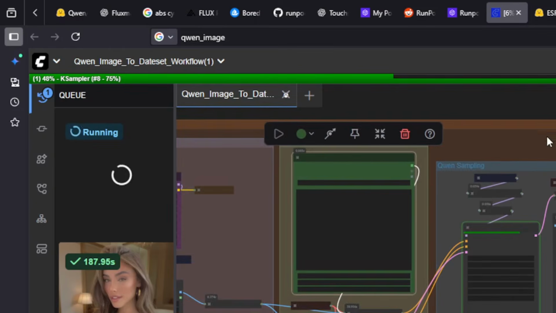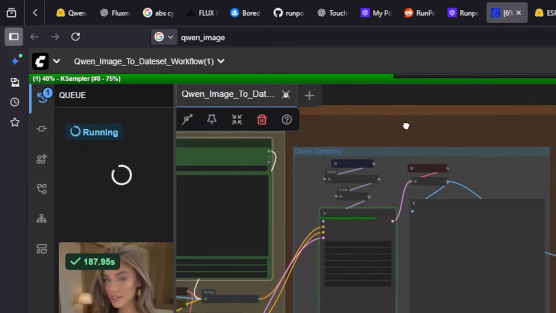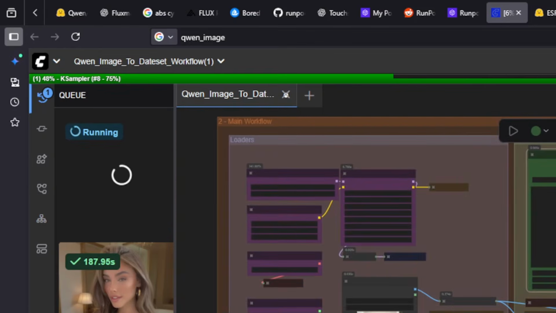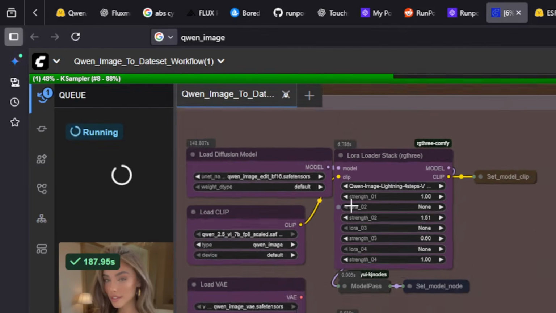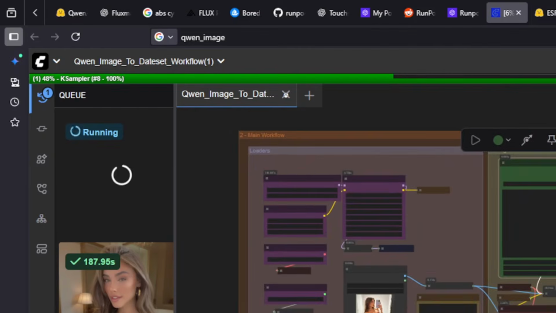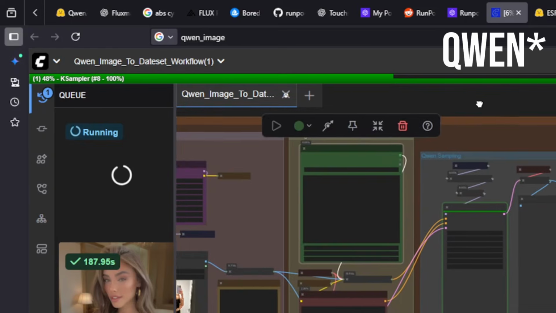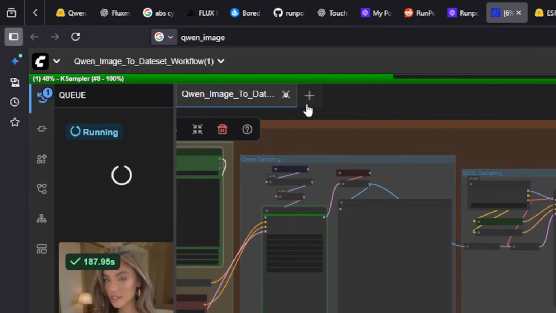Like I said, this thing is so great. Qwen Image Edit has really changed the game. I want to give so much props to Qwen and the Qwen Image Edit team. It's pretty much on top right now, so yeah, things have changed.